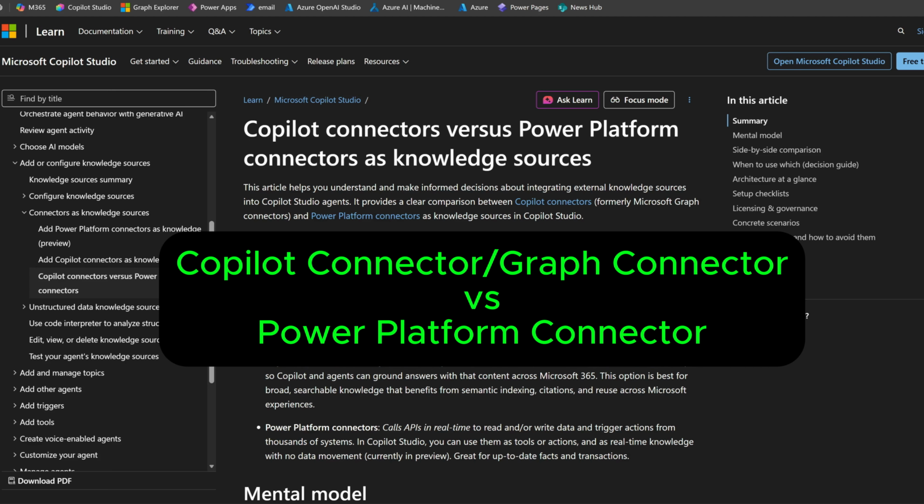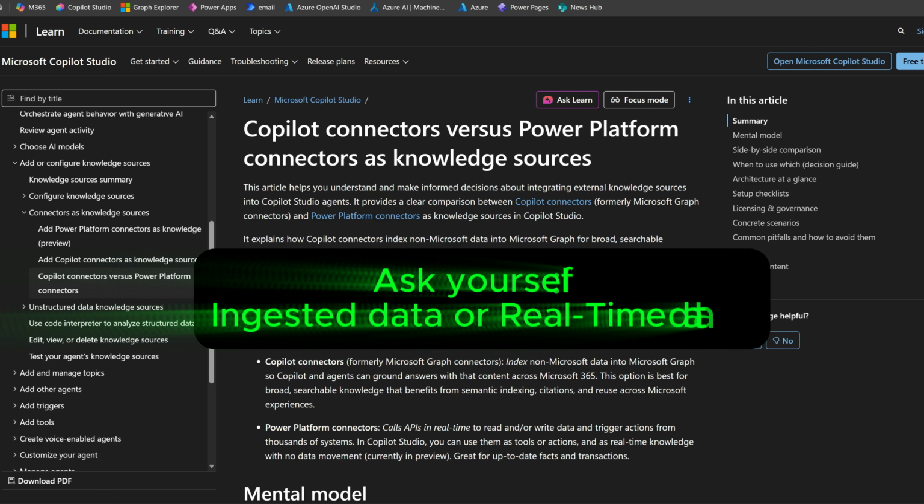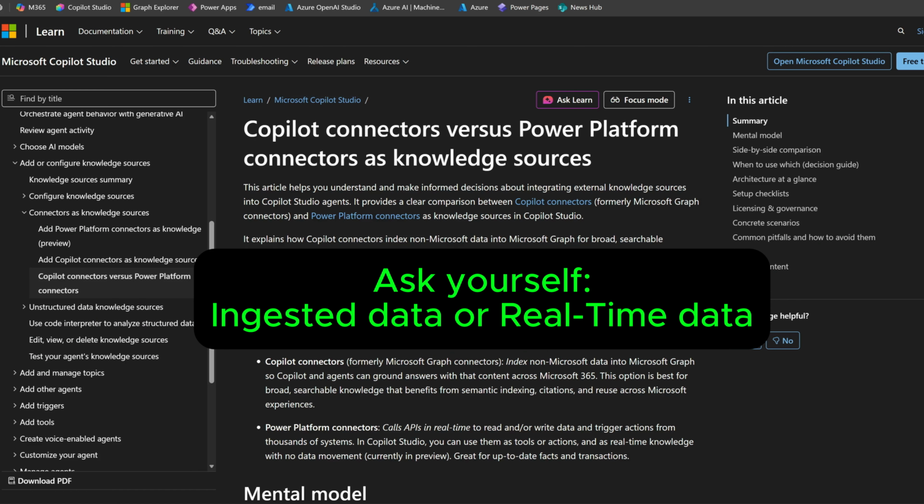Now, obviously, if you use the Graph connectors, it's going to be enabled for your Copilot chats throughout the organization. And with Power Platform connector, you most likely will just attach or connect that to a specific Copilot agent and deploy it to a certain group of users. The main difference comes down to what type of data you want. Because with the Graph connector, the data is ingested to Microsoft Graph on a schedule. But if you need real-time data, this is where you need the Power Platform connectors because it works on